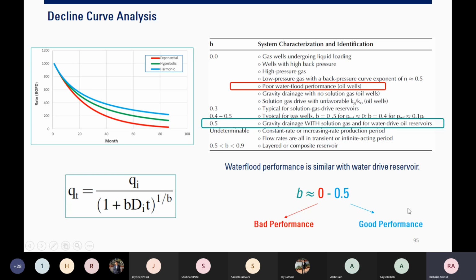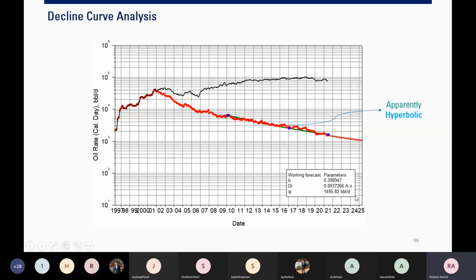So like this one, if your B is 0, it means that maybe your water flood performance is not that good, right? Like this one, poor water flood performance gives you B equals 0. But if your water flood performance is quite good, you can achieve this number, B equals 0.5. All right. And you can construct your decline curve analysis like this one,